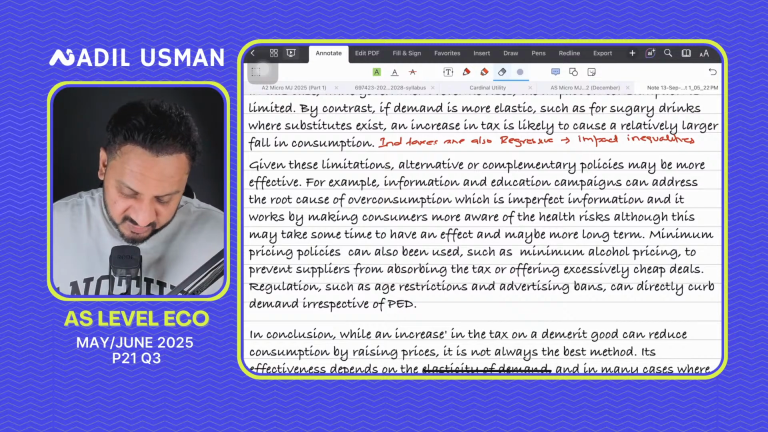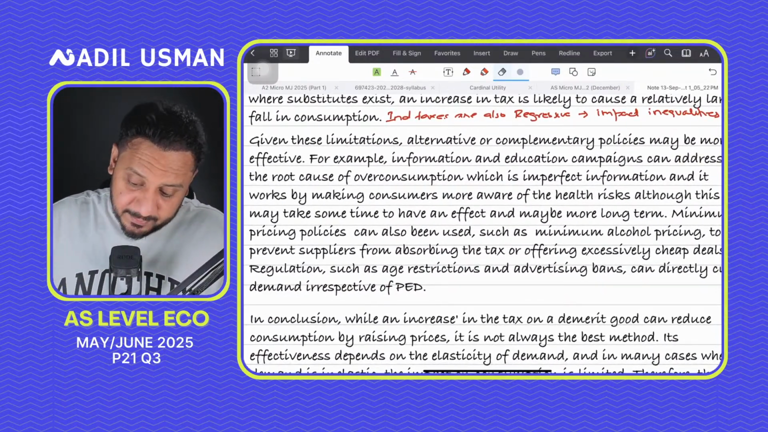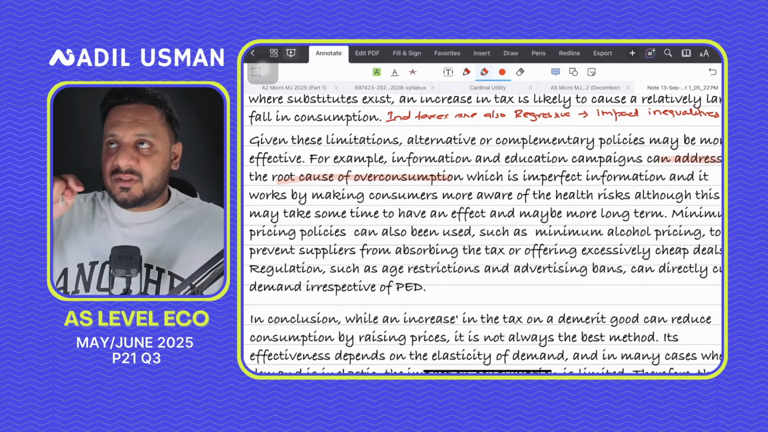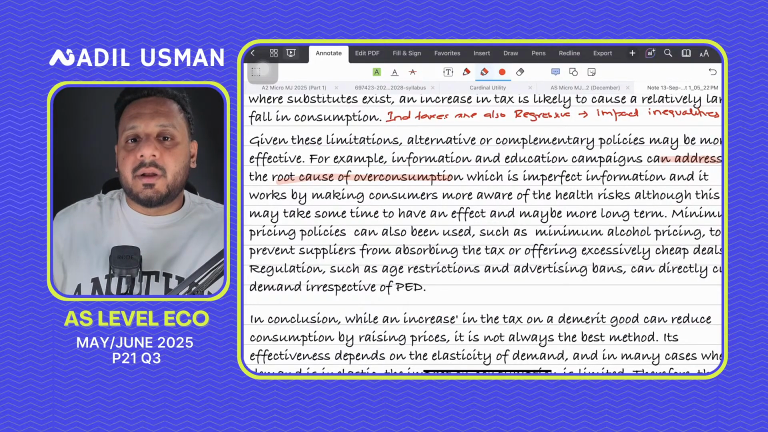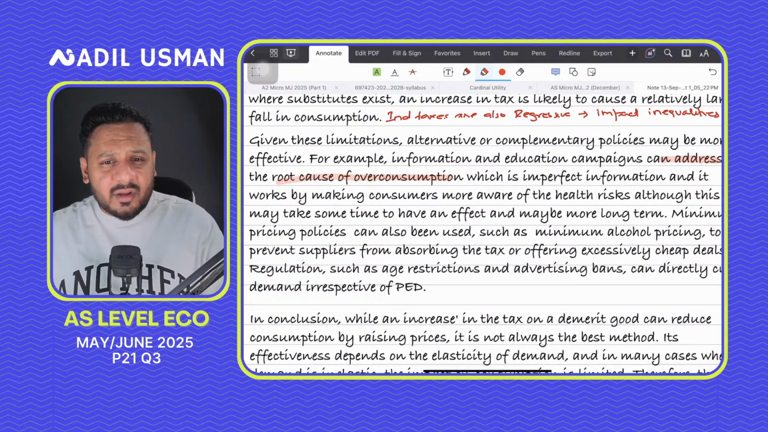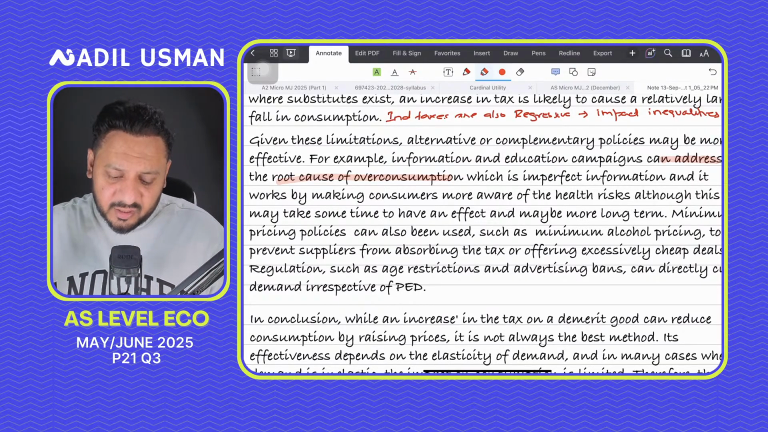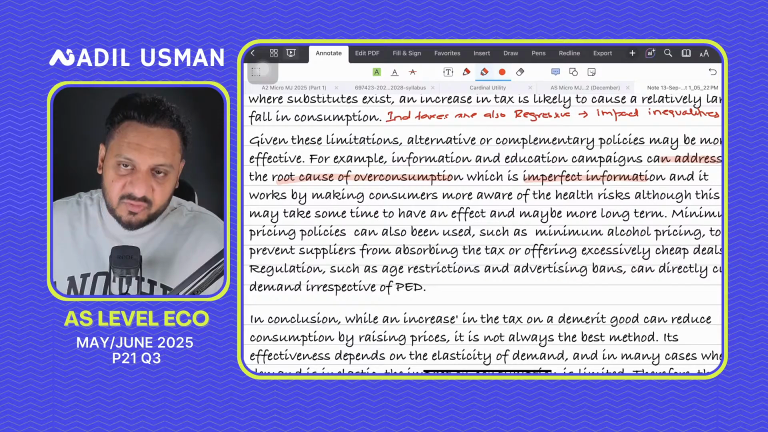You have to do this, which means that if you're saying that information and education campaigns can address the root cause of overconsumption, don't just say information provision is a better alternative. Now, how is it a better alternative? How exactly is it a better alternative? Because the examiner will put a question mark, which is imperfect information, because we know that consumers don't have perfect